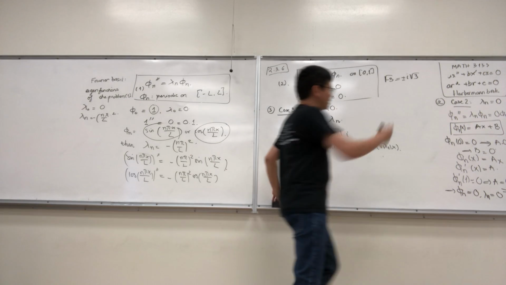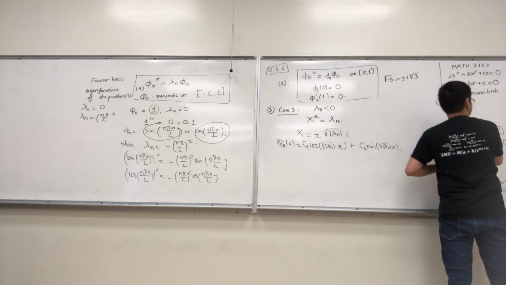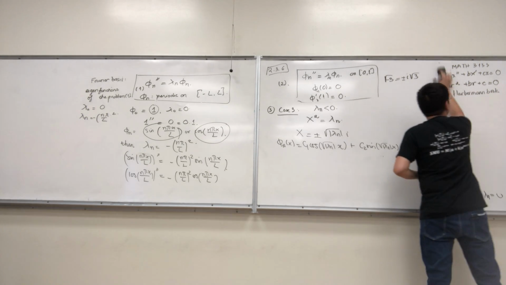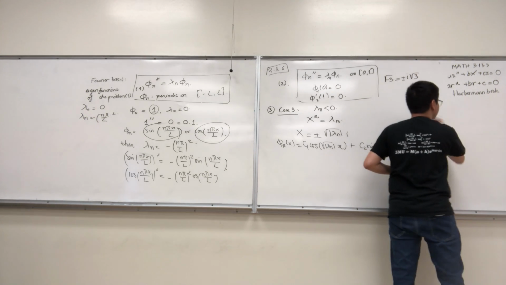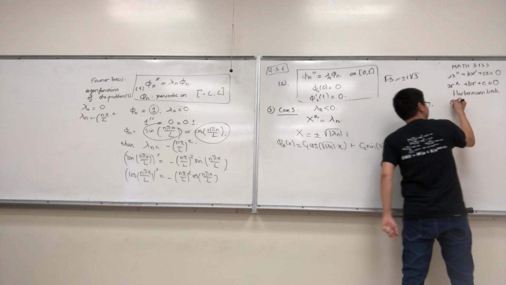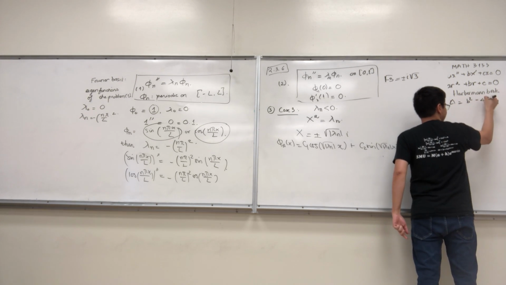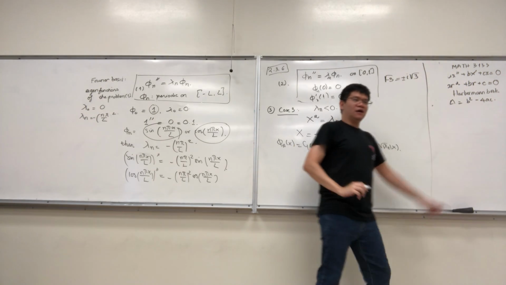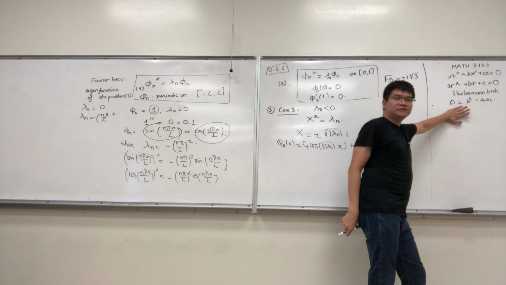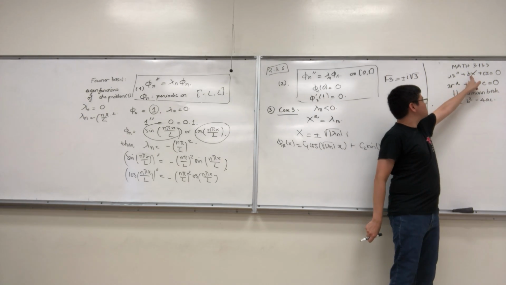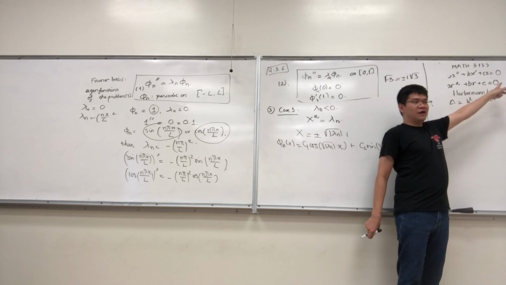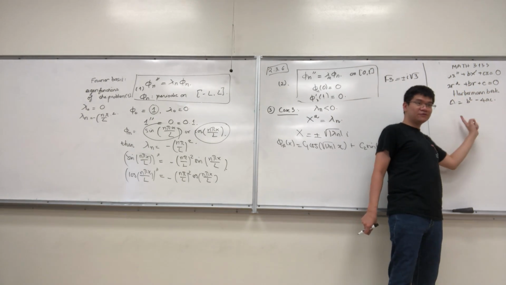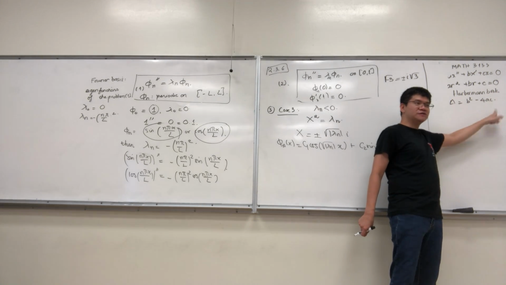If you don't remember, let me write down a formula for this. I consider delta, which is b squared minus 4ac. This is math 3133. If I have a x double prime plus b x prime plus c x is 0, I have a characteristic equation, a r squared plus b r plus c is 0. Delta is b squared minus 4ac. Case number 1,